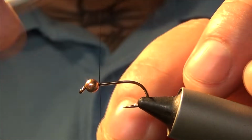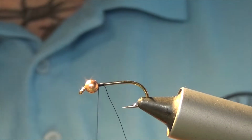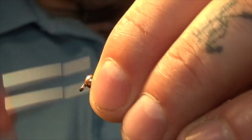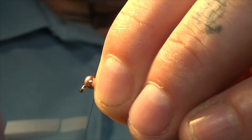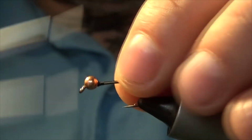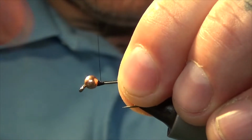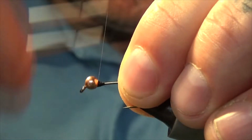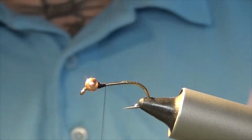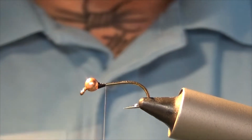but what we're going to do is start your thread off a few turns down, cut off that. If you lift the bead up and come in under it, this will just prop it up and it'll fish like a jig. So just build that up nice and secure, keep them coming underneath it to prop it up, and that'll fish the fly upside down, so the hook point will be in the air and hopefully a lot less snags and stuff. At this point,